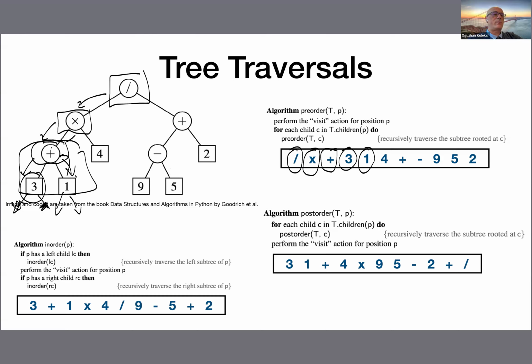We will go back to the parent. Does it have any other children? Yes, there is 4. This is why you print 4 there. No left children, no right children. Go back to the parent node. Does the parent node have any other child? No. Then we are done. So we will go back to the parent, and this has another child. We continue with this guy, and then we print it there. And for this one,